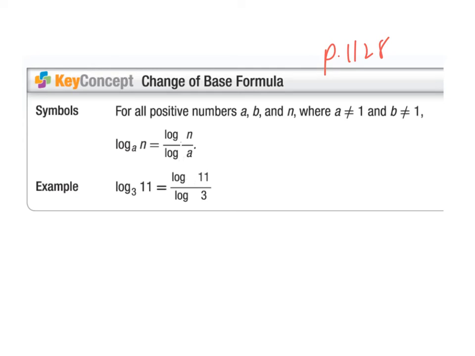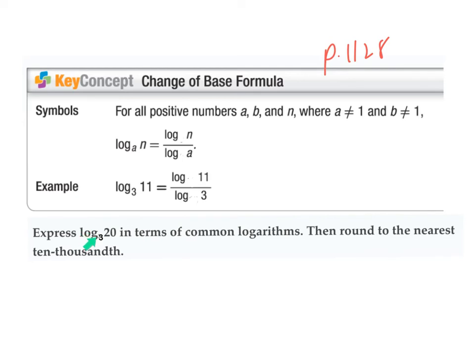So the directions in some of your problems are going to look like this. It's going to say express, and this is log base 3 of 20 in terms of common logarithms. So that means this. Write it out like this, then plug it into your calculator. So there's going to be 2 parts to problems like this. The first thing, since the bigger number goes on top, the base goes on the bottom, I just need to write it like this. In this case, it would be log of 20 over log of 3. So that's the first part. The second part is just punch that in your calculator and see what you get. And we get